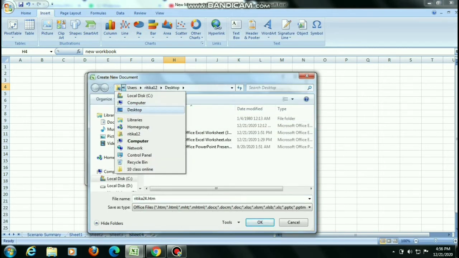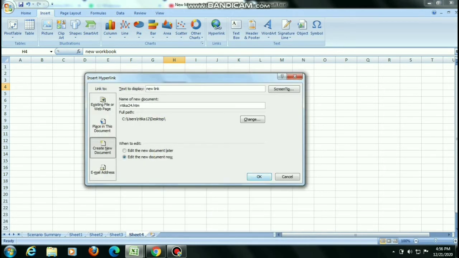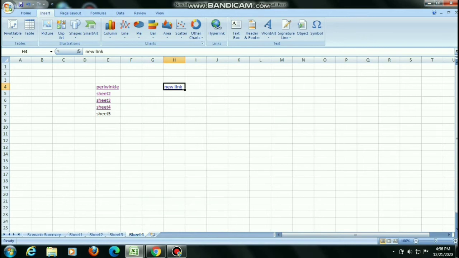Now click on OK. When you click OK, you will check the last option, OK or Cancel. I want to create this hyperlink, so I am clicking OK. When I click OK, you will check that my new document is created. Here again I will show. First you will select, right click,